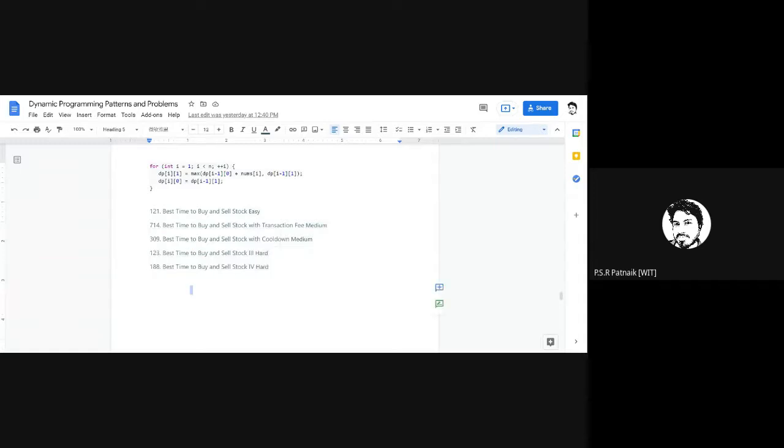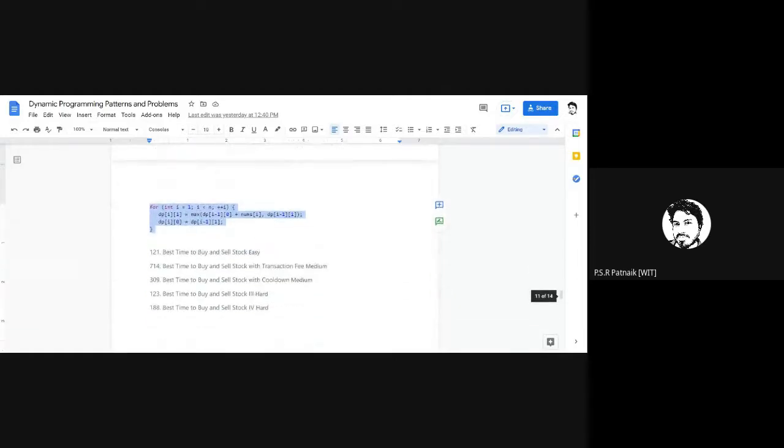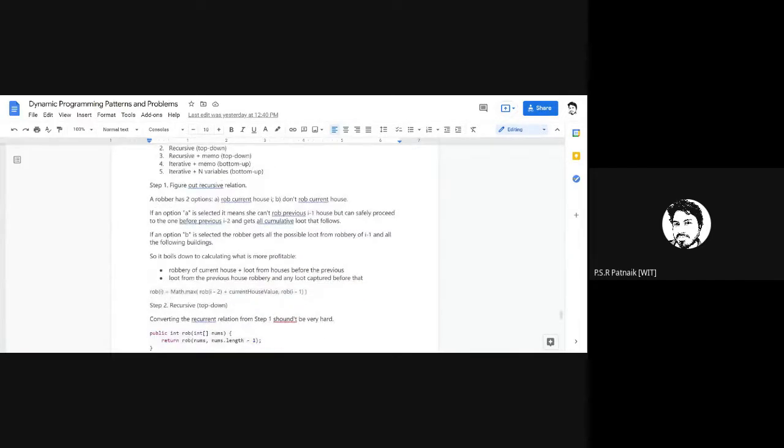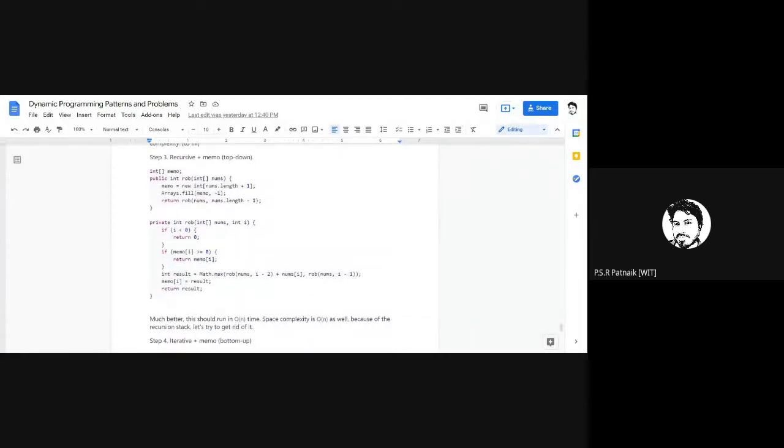So my advice is, go through each of these problems, and see how you can better understand how they have converted this logic into a tabulation approach or recursive approach. You will get that. So go to the solution section of this problem, and you will be able to go through it. Okay, and then I think you can practice.